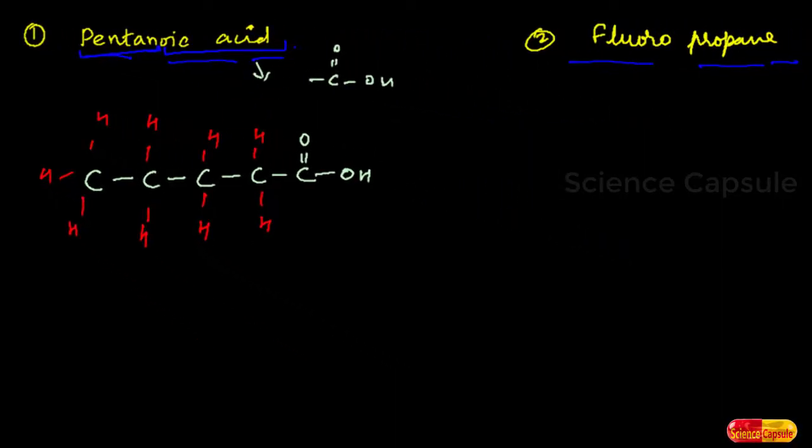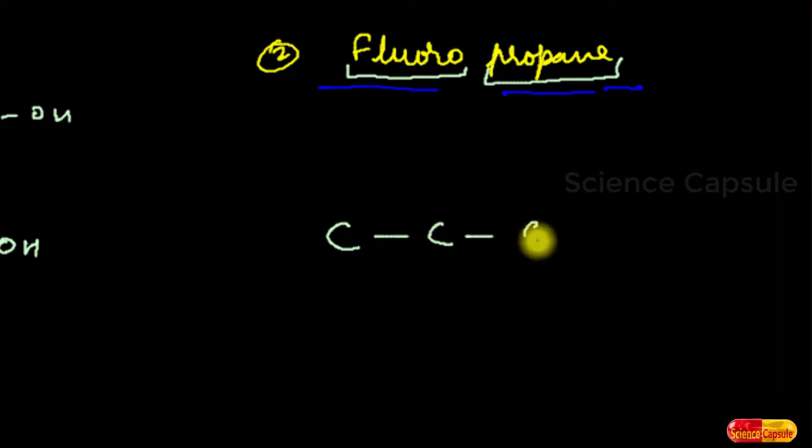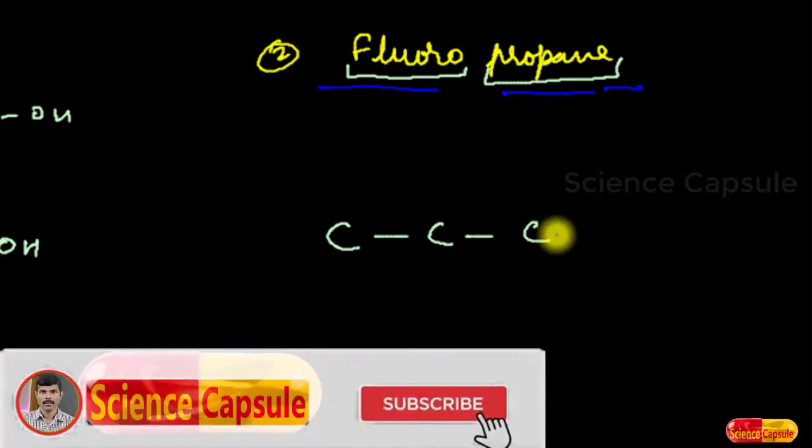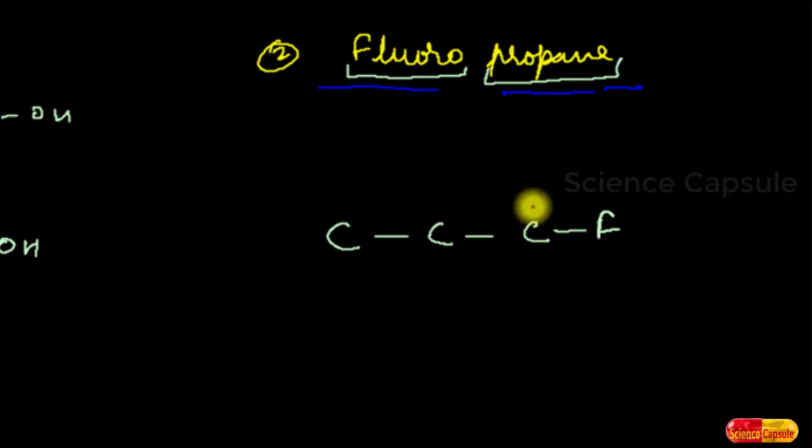Easy, isn't it? Now let us find the structure of fluoropropane. Here we see propane as the parent hydrocarbon and fluorine is the functional group or the heteroatom. So propane will have 3 carbon atoms. So the carbon skeleton we will make first. After this, fluorine is the functional group present, so we have to add it. Here I am adding fluorine. All the remaining carbon atoms are to be fulfilled with hydrogen. Here the valency of carbon needs to be satisfied. So in order to satisfy this I am using hydrogen. So this is the structure of fluoropropane.